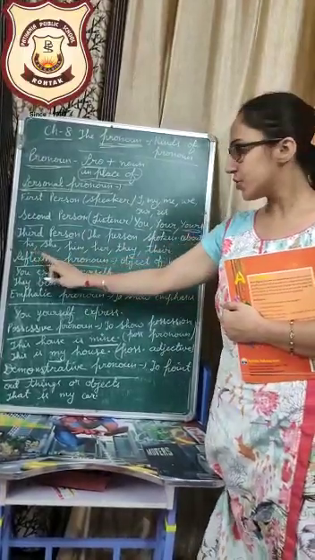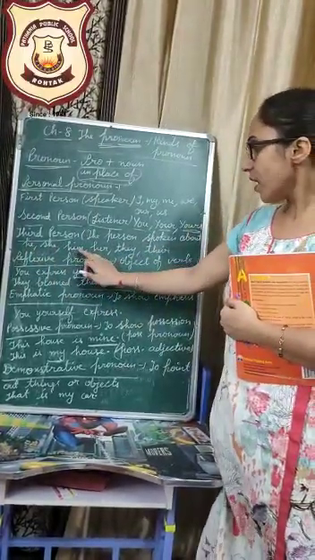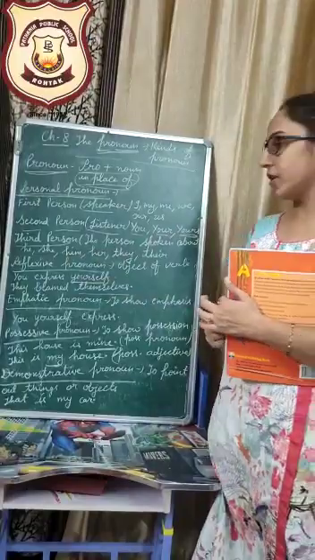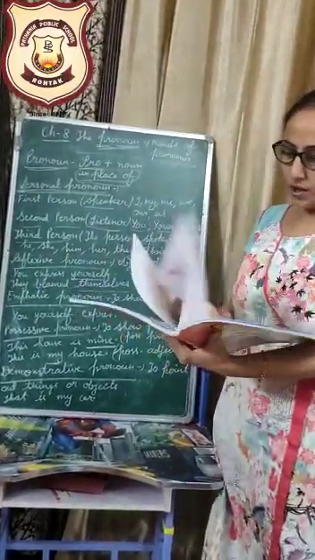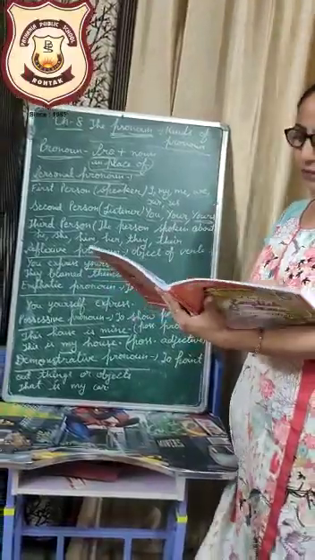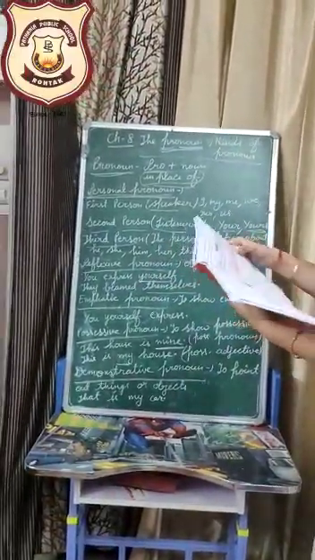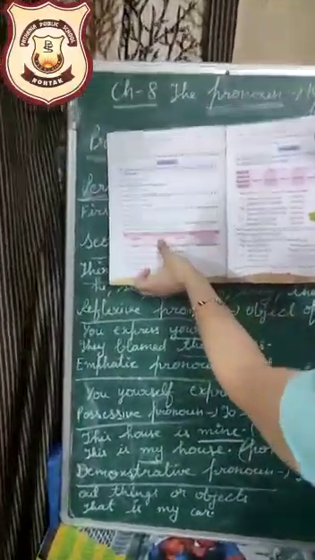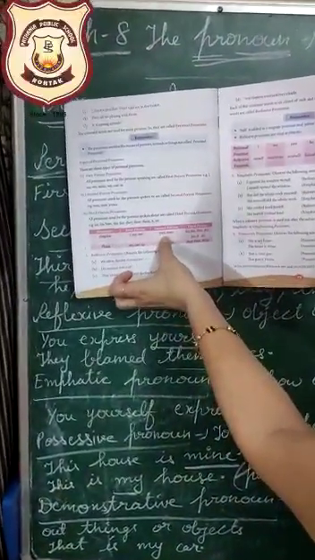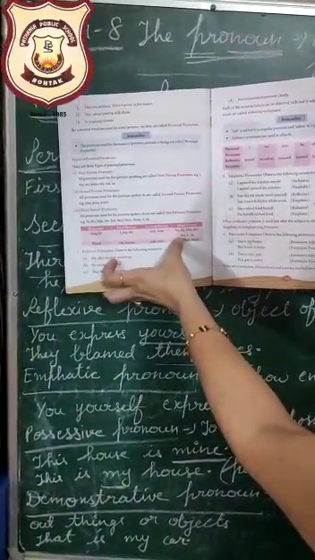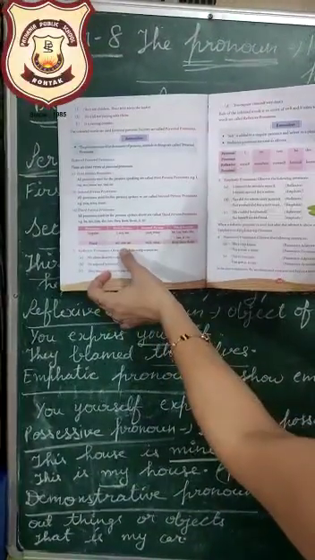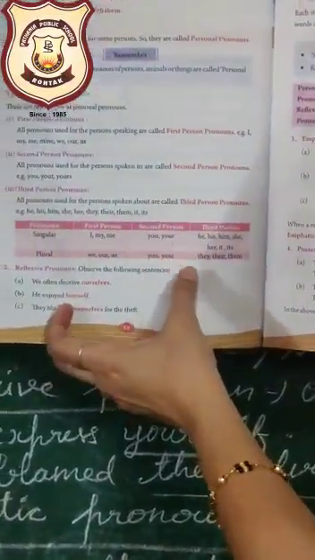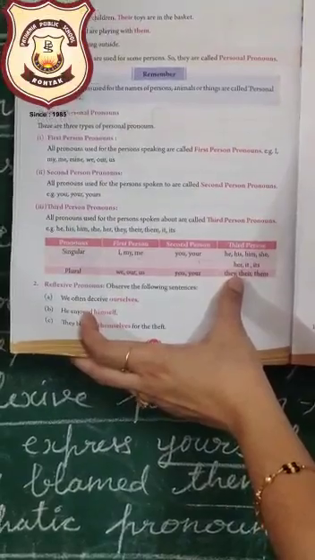For example, he is playing, she is studying, right? I played with him. So these all are the third person. This is a personal pronoun. Okay, beta. Now you can open your book also. Chapter number 8. Here one table is given. First person, second person and third person. First person singular pronoun. Second person singular pronoun and third person is also a singular pronoun. And plural pronoun in first person we, our, us because it's a plural pronoun. And next is a second person plural pronoun and next is a third person plural pronoun.